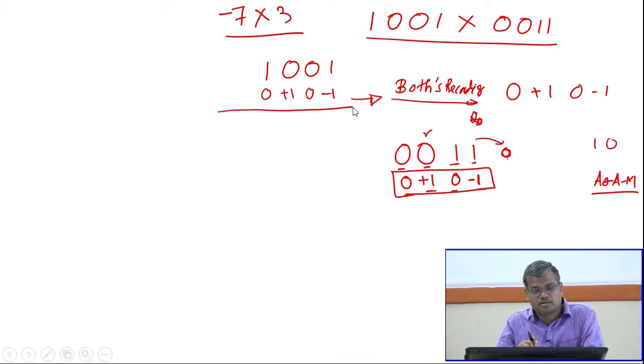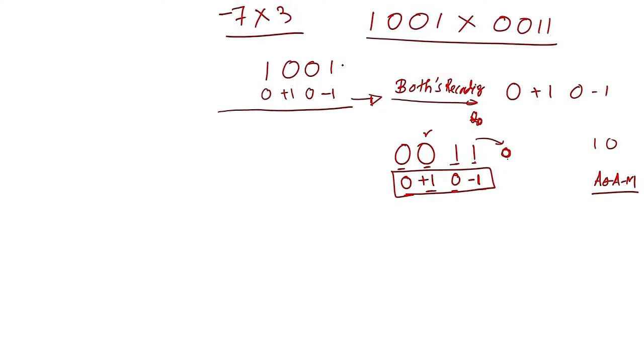Now, the result of multiplication will be in twice n bits, maximum 2n bits. This is 4 bit, so the maximum result must be accommodated into 8 bits. So, we will assign 8 bits. Now, what is the first task? The first task is to subtract, because it is minus 1. Subtract means, as we learned, A equals A plus minus M. Minus M means you have to add the 2's complement of 7.